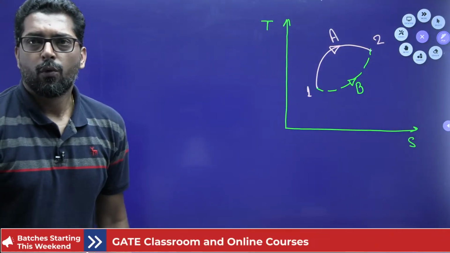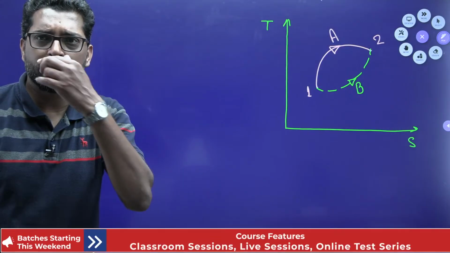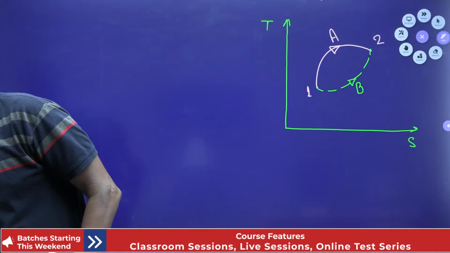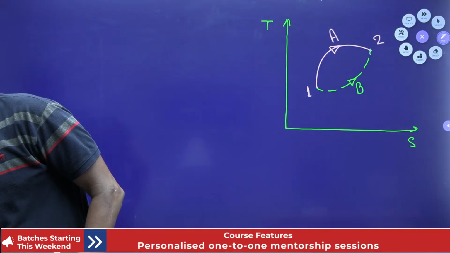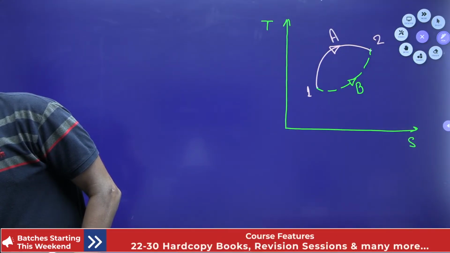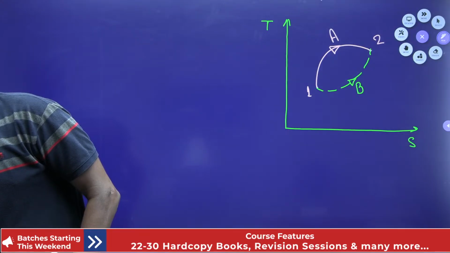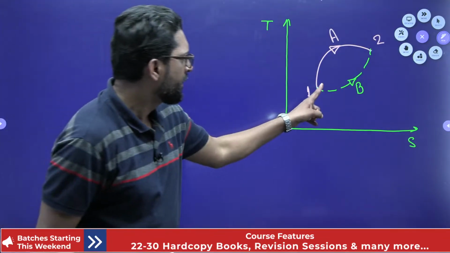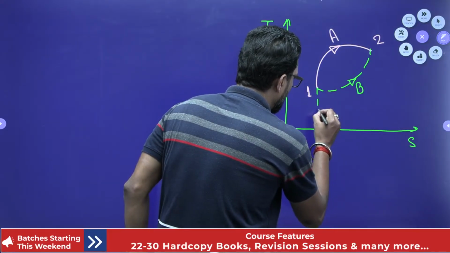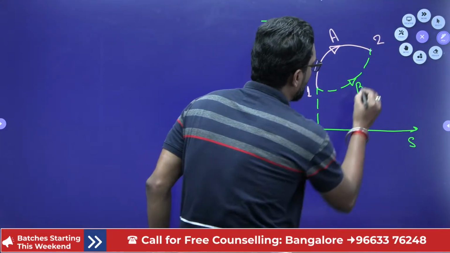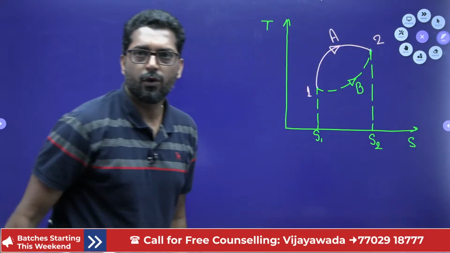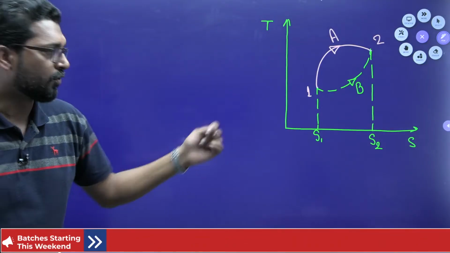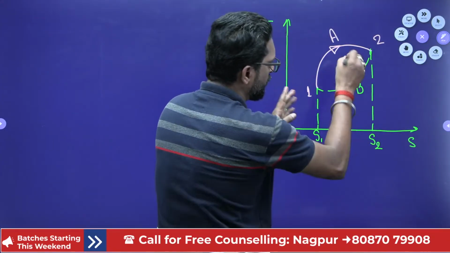Okay, now what's your question? Just write down again your question. One second, I've just shown your question. Your question is, Pratik, yes or not? Sir, if S2 minus S1 is 0 in that graph, that means this is your S1, this is your S2, okay. If S1 minus S2 is 0, that means you can say that this is S1 minus S2 0. Okay, no problem.